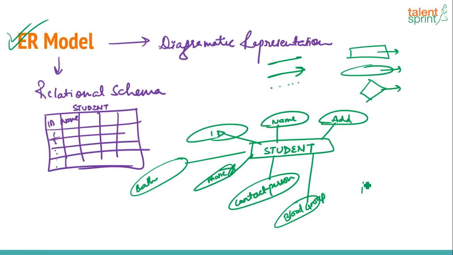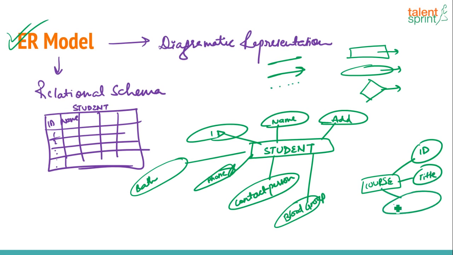Now similarly, you can also have something known as course, right, for all the courses that are in the college. So you can have a course ID again, you can have course title, you can have head professor for the course, correct, and you can have, say, duration for the course, right? Now this, once you have drawn, you can replicate it to any other condition or situation.